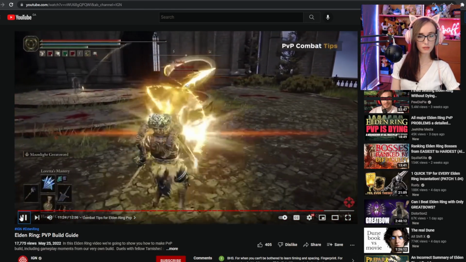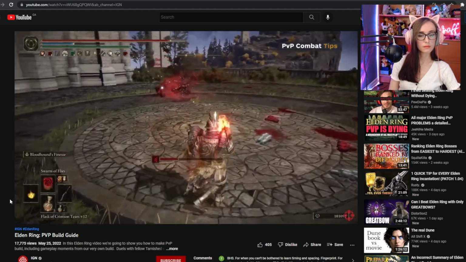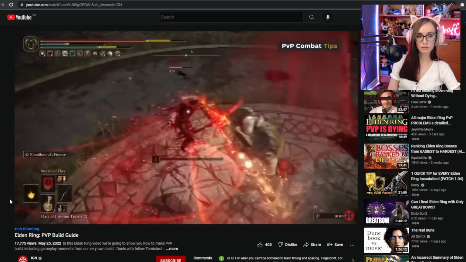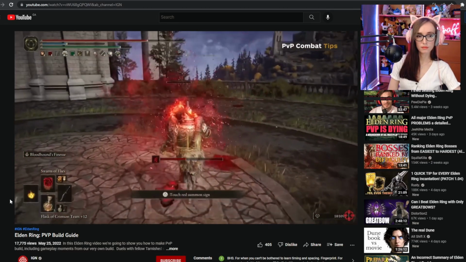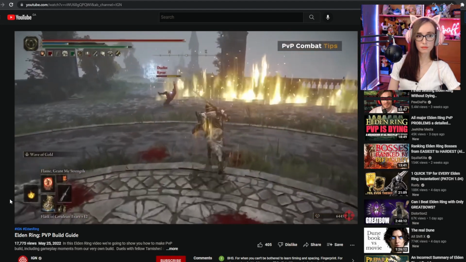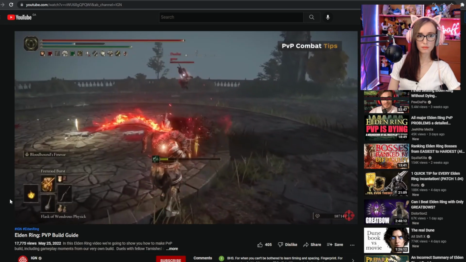Regardless of what build you choose to make, determining the pace of combat is crucial. Using slow-moving abilities like the Swarm of Flies incantation or the Wave of Gold skill are great ways to force your opponent to react in ways that you can predict. Follow up with faster options like a dash attack or Bloodhound's Finesse to take advantage of the predictable dodges that come after. You could also move forward with these...